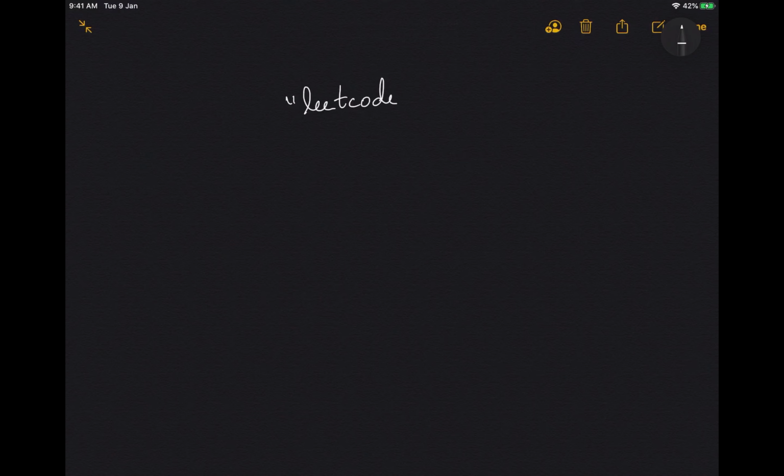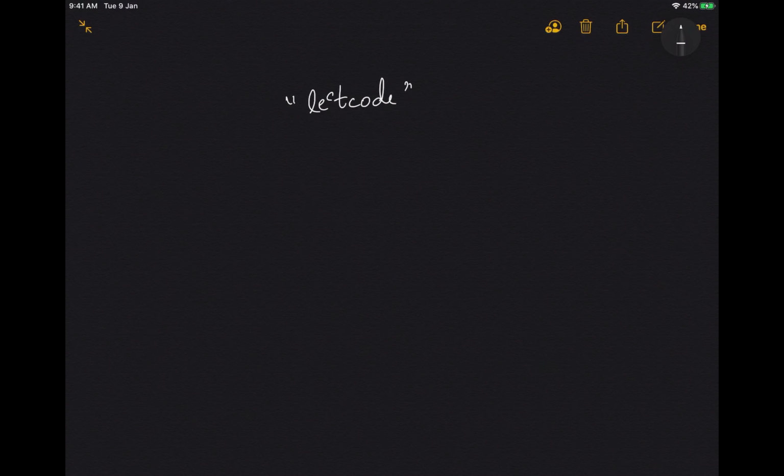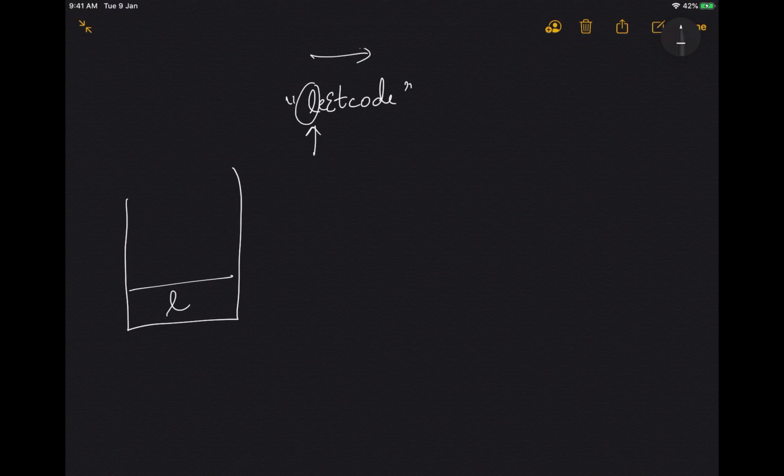So here in the first case, we have e and capital E. So how can we use this stack data structure to solve this problem? So let's take a stack. So we are iterating from left to right.